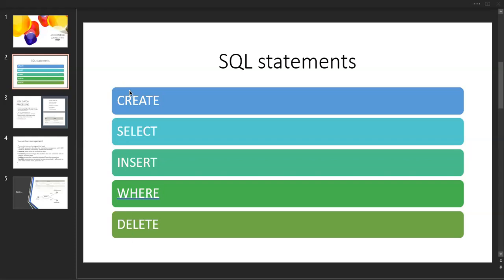Yeah. So only these statements are available. We just use the where condition at the time of update. By using the where condition, we updated the data. Insertion also happened, and the selection, how we are going to retrieve the data. So these are all the things that happened over there.